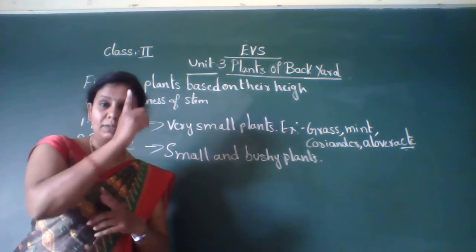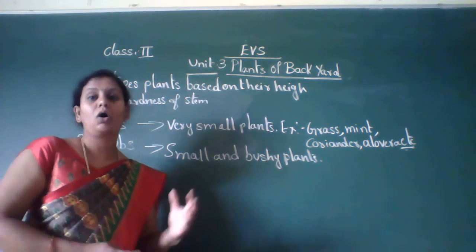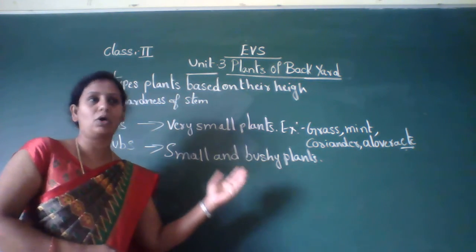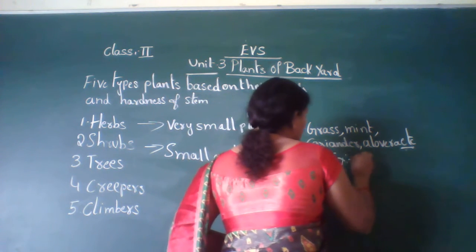They are not in a single plant. So they grow in a group. That means cluster or bushy. So such plants are called shrubs. Example for shrubs: rose,